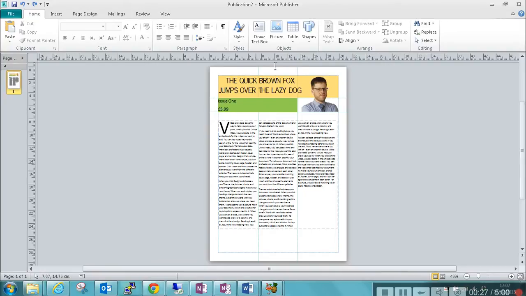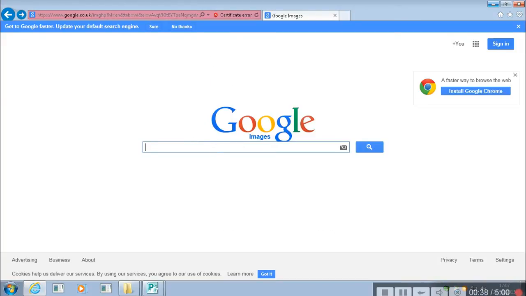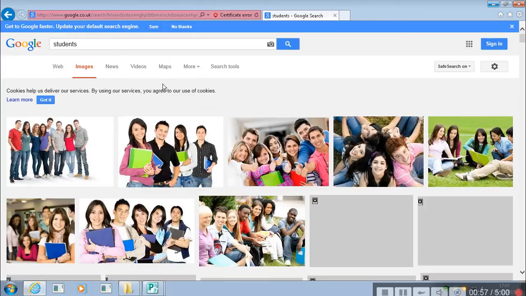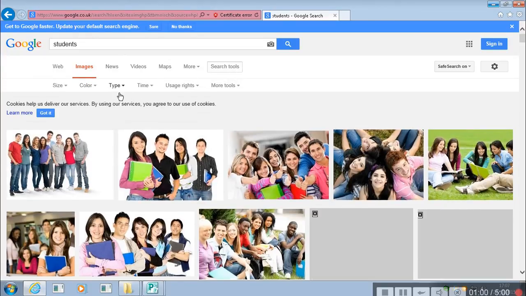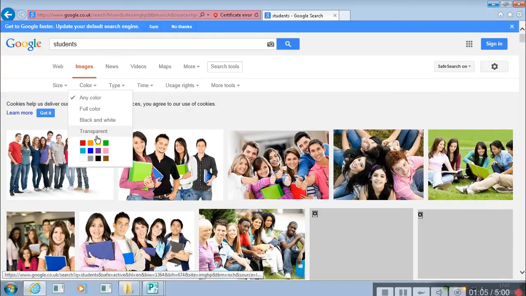So the easy way to do it is, first of all, we're going to need a picture. So I've got Internet Explorer here. You can use Google Chrome, in which case you can directly copy and paste, but I'm going to use Internet Explorer, and I'm going to search for students like this. And here we are. Here's a bunch of students, and what I'm going to do is I'm actually going to search for a transparent image. So I'm going to select color and transparent,